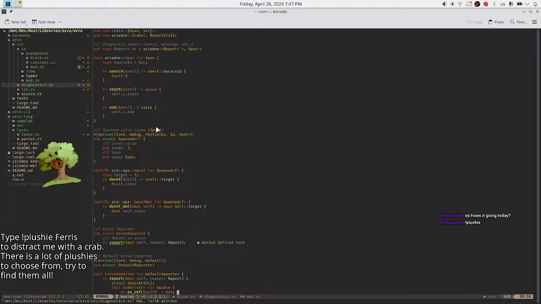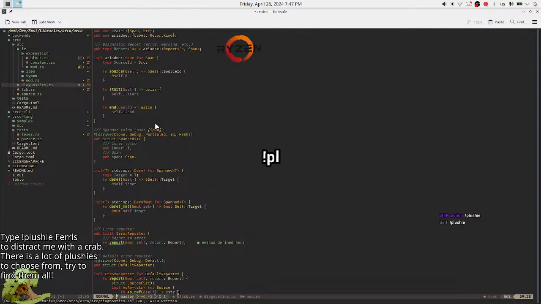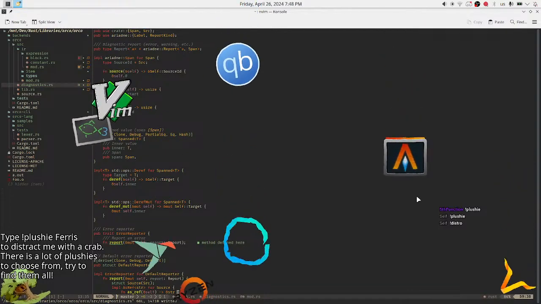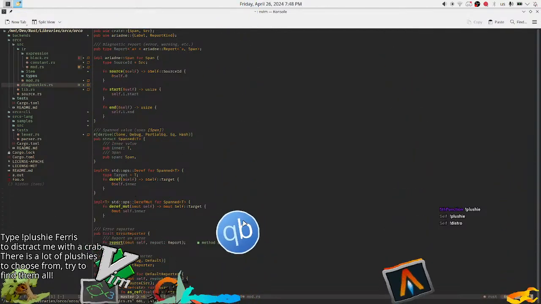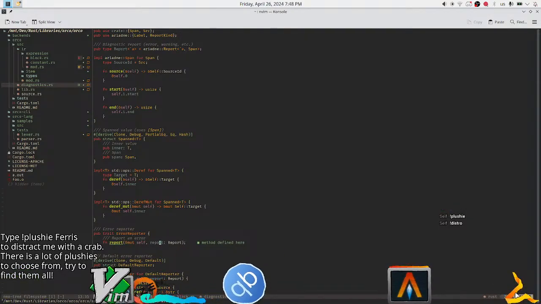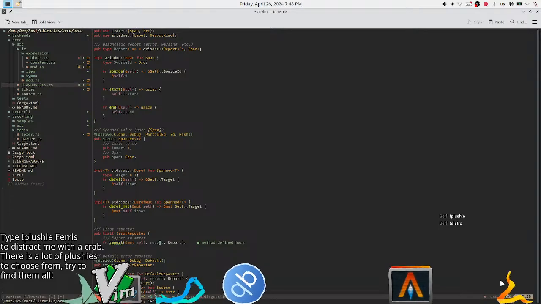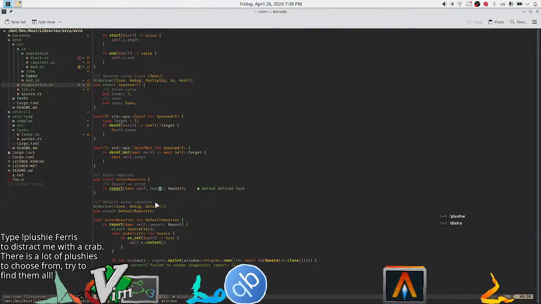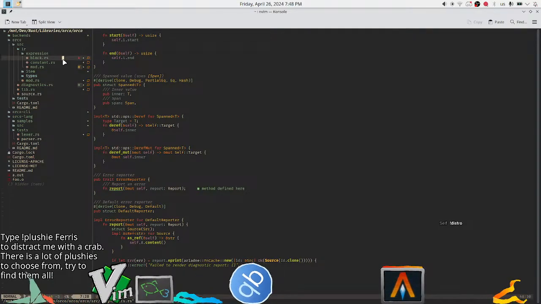3-seater. Why is it repeating? I have like 80 plushes. It can't repeat. Ryzen. I haven't seen this one since I added it. Wow. I have this command. Geeks with Snap, Craft with Hyperland, Alacrity, Fish, Vim, and Qubit Torrent installed. I guess a great distro if you have open source hardware, because Geeks doesn't install closed source hardware. That's why I'm not using it, unfortunately. I wanted to try it, but couldn't.